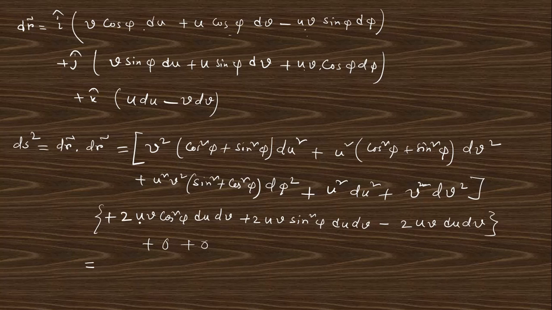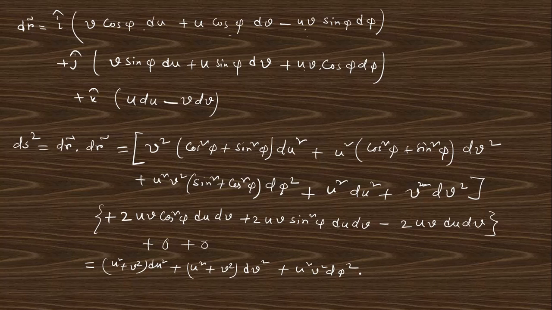So this is 1, and so you can write this as u square plus v square du square. Similarly for dv square, this is u square plus v square, so u square plus v square into dv square, and this gives you u square v square d phi